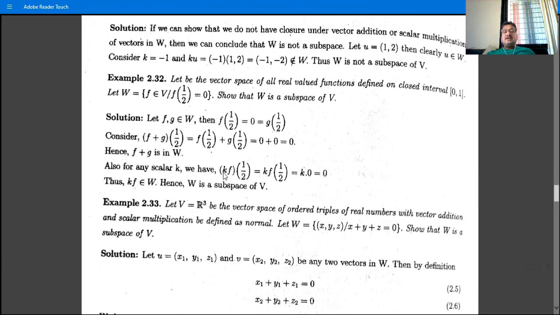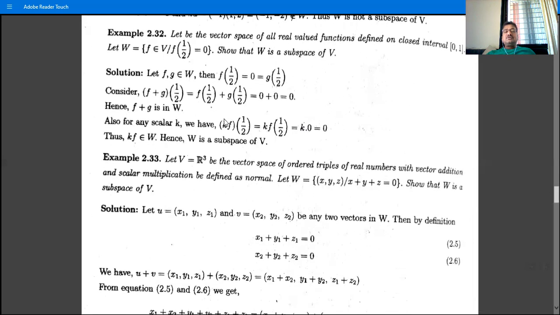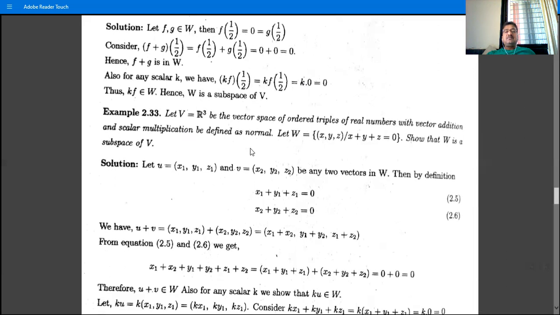Similarly, if k is a scalar, then what is k f of 1/2? K f of 1/2, and k times 0 is 0, and therefore k belongs to W because kf satisfies this condition. Therefore W is closed for addition as well as scalar multiplication, and therefore W is a subspace of V. A similar example: W in V is R3, the set of (x, y, z) such that x plus y plus z